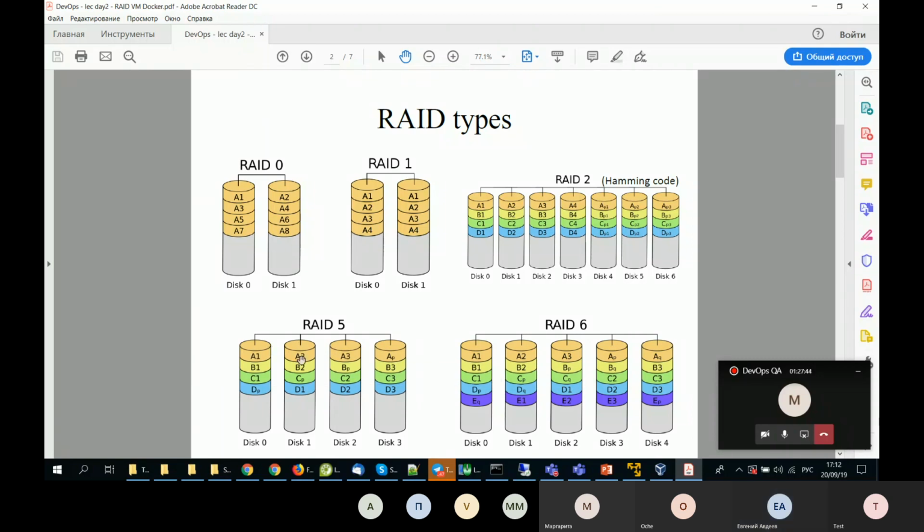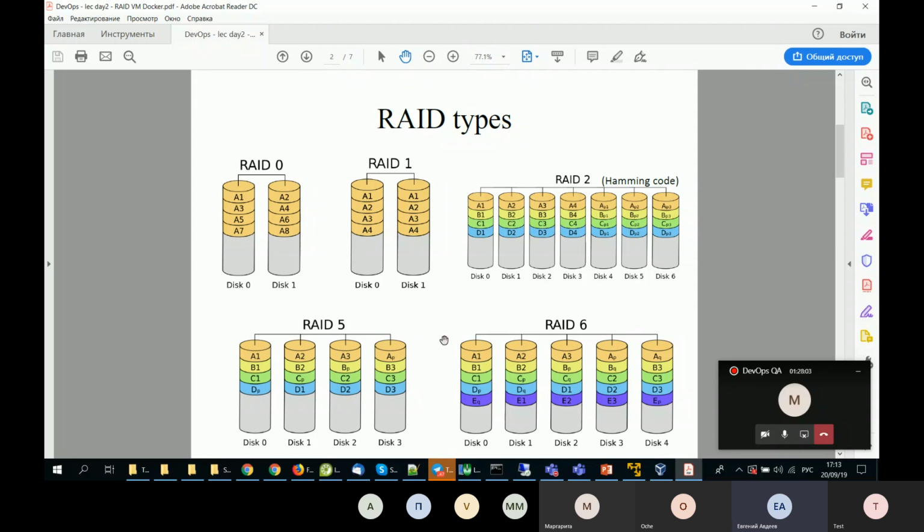So we have 4 drives. It's not full mirroring, so we do not spend lots of space on every drive, but we also have some security